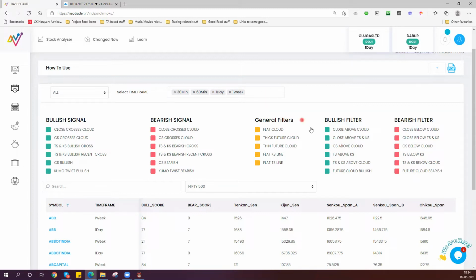It will do it again for the daily chart, again for the 60-minute chart, and again for the 30-minute chart. And in each of them, it will find out whether all 6 criteria for bullish or all 6 criteria for bearish are being met. Now, only in a few stocks, it will meet them in all the 4 situations. In other stocks, it will be either in one of these or in a couple of them, or maybe 3 out of 4.